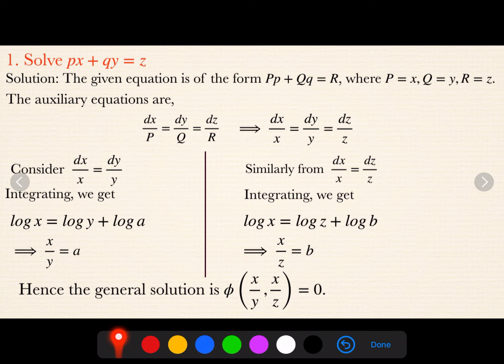You can solve by another method: consider the second and third one also, and you will get another solution. But it is sufficient if you find two different expressions. Do not worry about finding two unique expressions, you need to find two different expressions, and then they will constitute the solution. Now, consider the second problem.